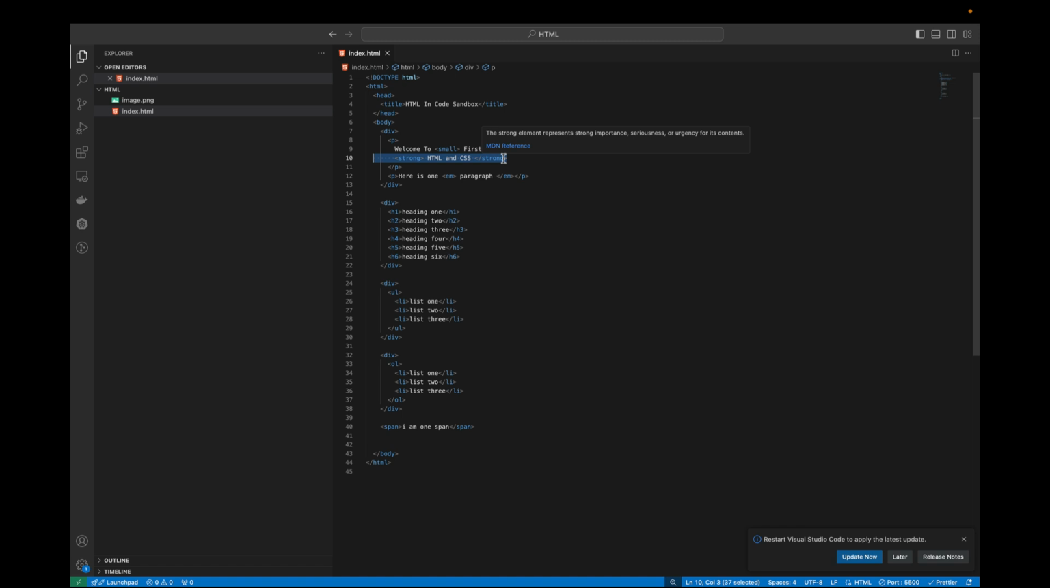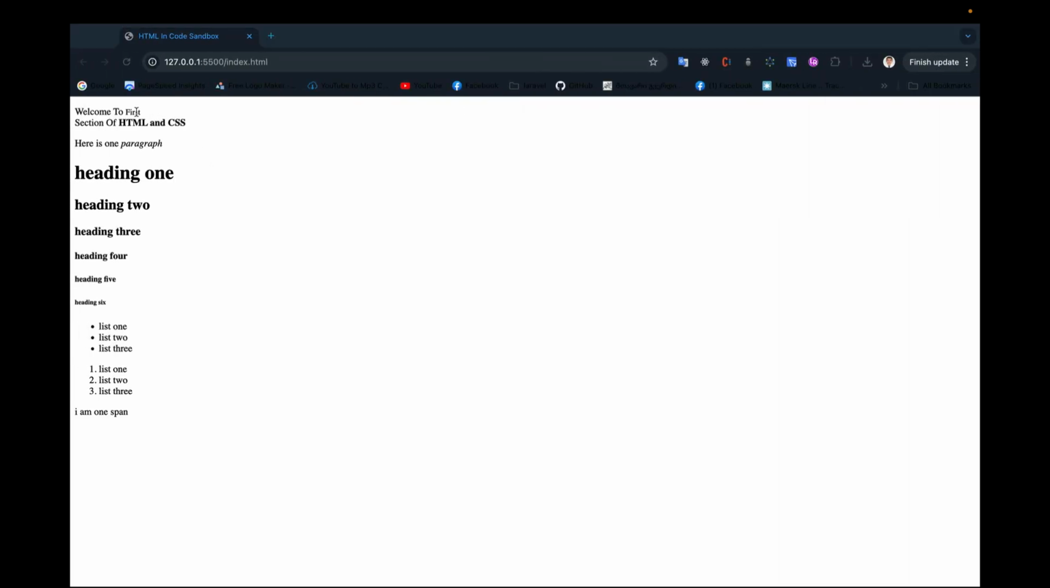My IDE automatically breaks the code into smaller parts, so it will be easier to read. Otherwise, it does not matter that this br be on the next line. To prevent this misunderstanding, I will add it after a small tag. And now if we check here, after this small, the other part of the text is showing